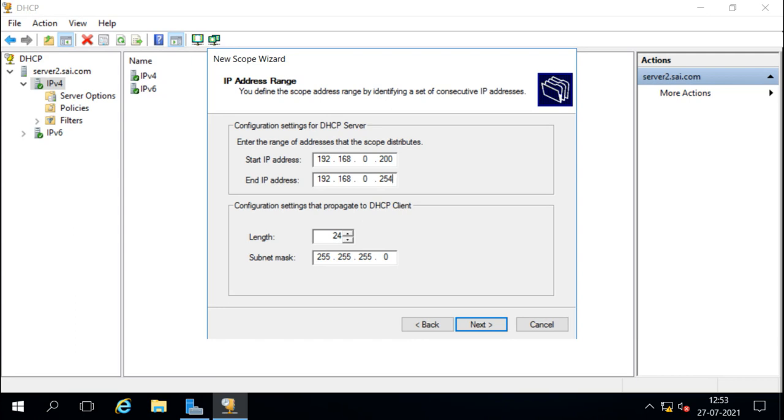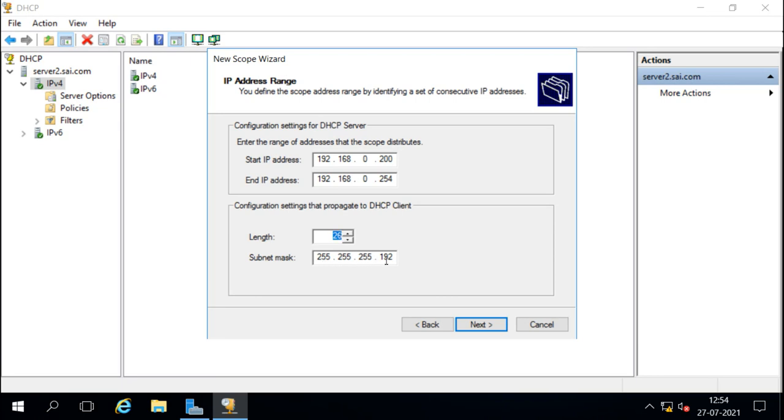Now here we have to decide the subnet mask. Because I am using class C addresses, it takes the default 24-bit subnet mask, 255.255.255.0, which is the default for class C. But if we have done subnetting, we can change it accordingly. For example, if I have enabled extra 2 bits, I can go from 24 to 26, and 26 means it will become 255.255.255.192.